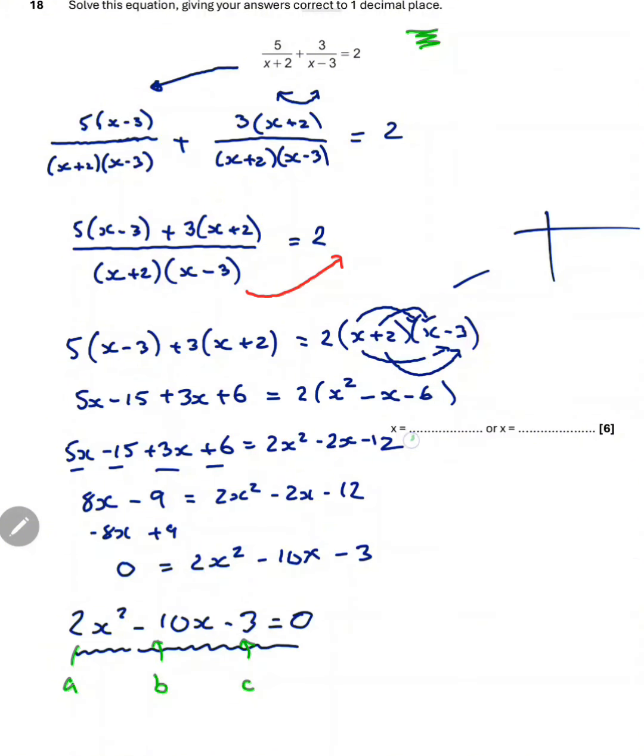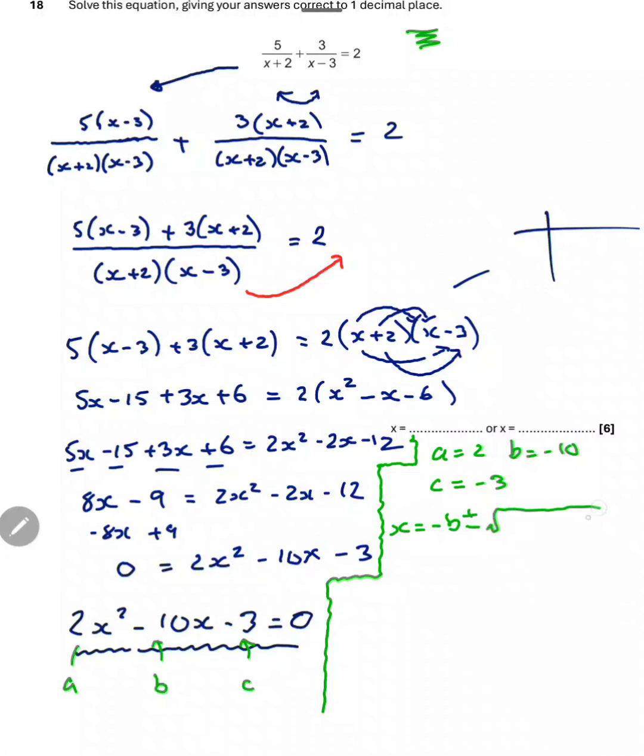So let's write those down in a separate space. A equals 2, B equals minus 10, and C equals minus 3. All those are going into your quadratic formula. X equals minus B plus or minus the square root of B squared minus 4AC, all divided by 2A. Formulas provided on your formula sheet. You just need to know how to substitute in. Let's start doing that. X equals